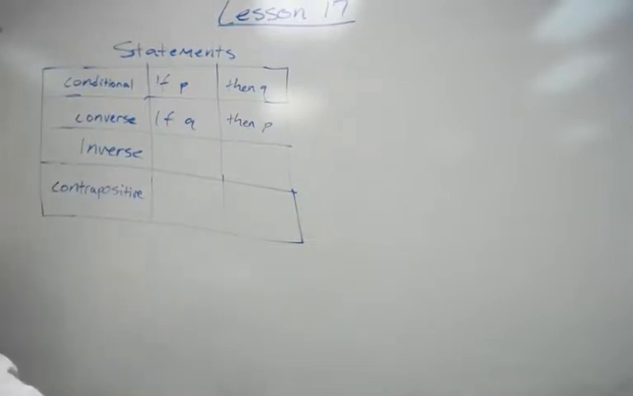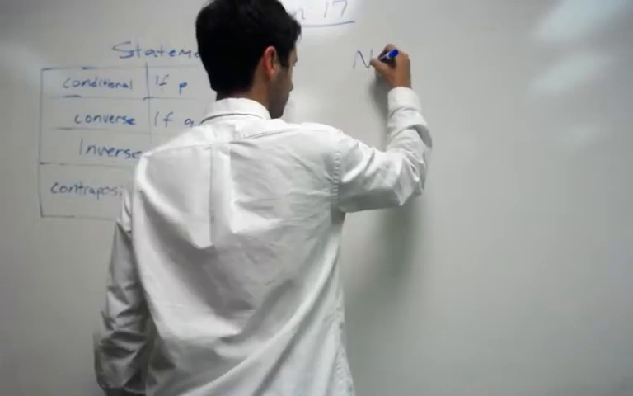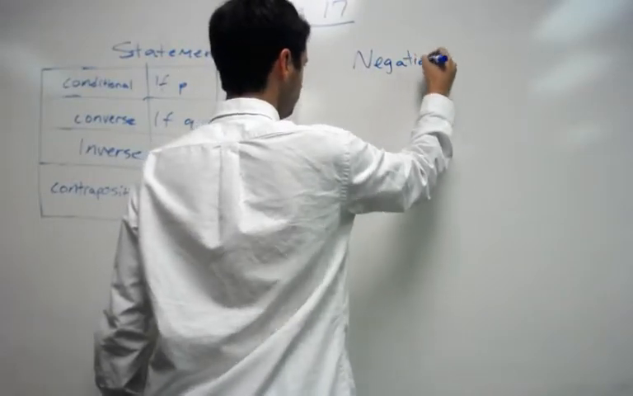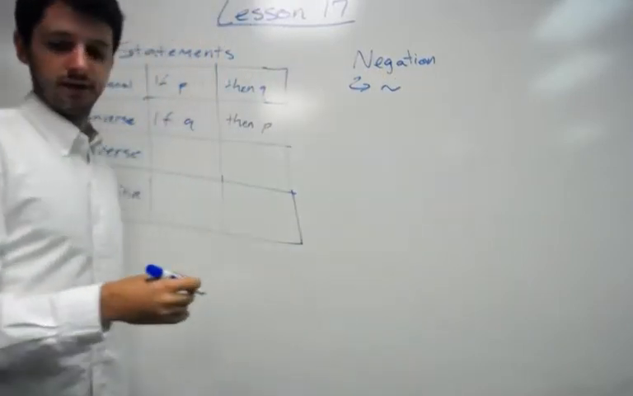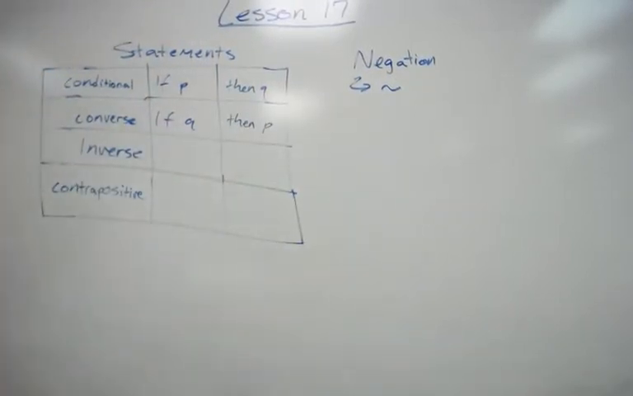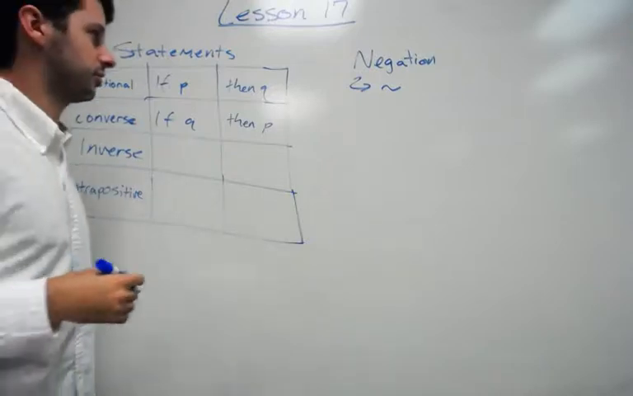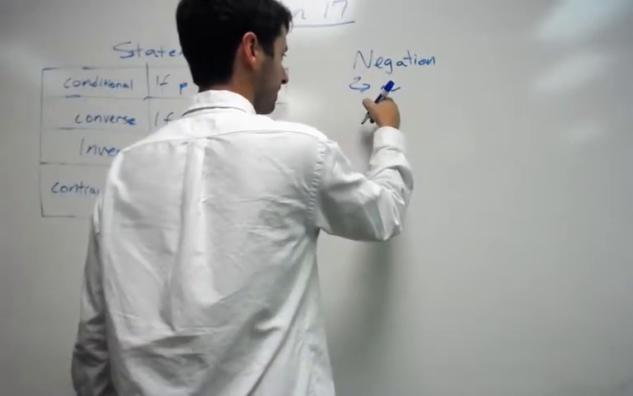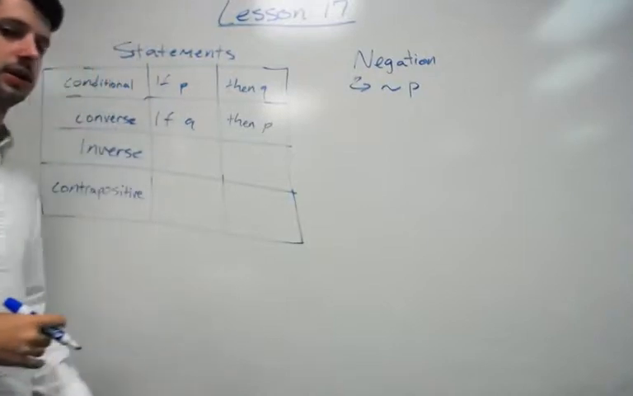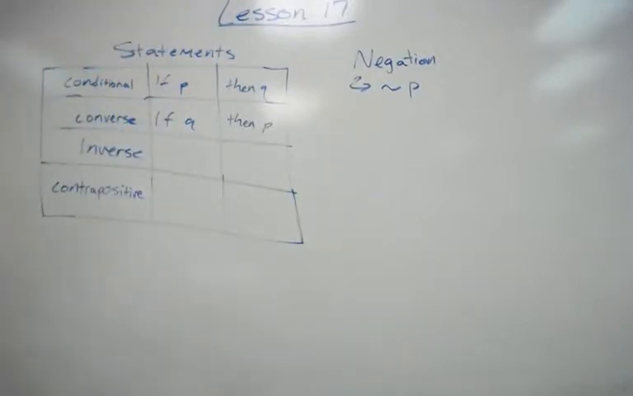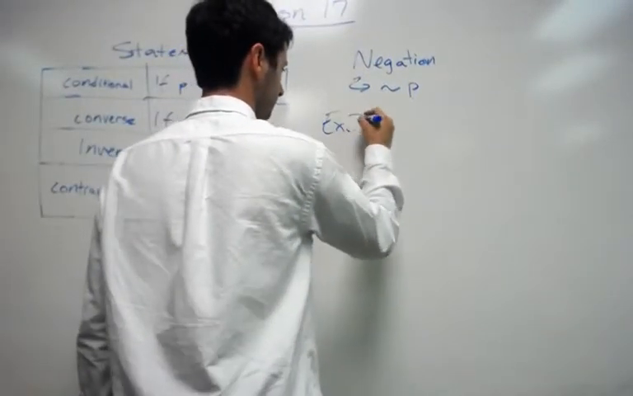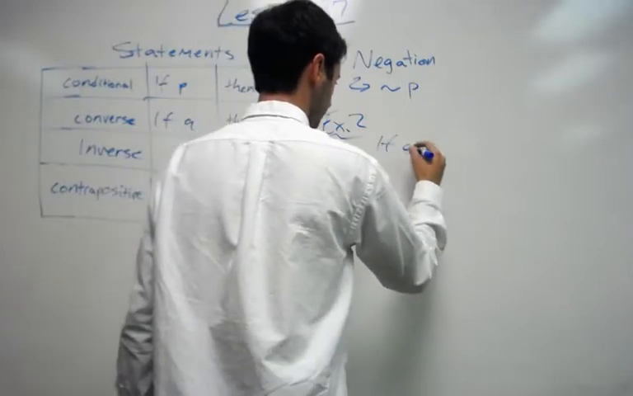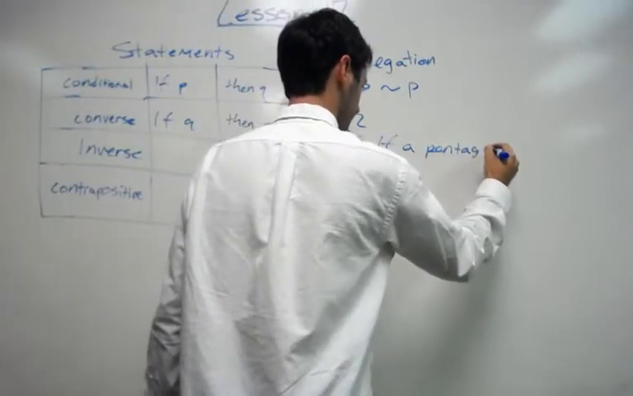The next thing we're going to cover is what is known as a negation. Now, the symbol for negation is just a little squiggly line, and that is called not P. So the negation of P would be read as not P. So if I had the statement, example 2 says, if a pentagon is regular,